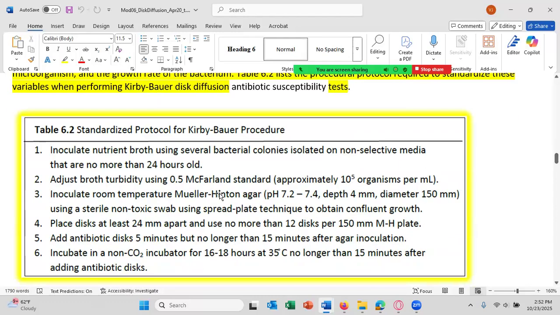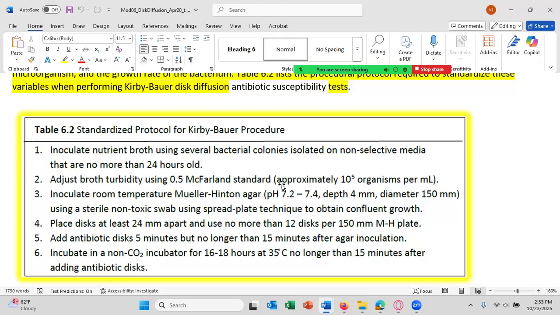So one, you inoculate the nutrient broth using several bacterial colonies isolated on a non-selective media, and the nutrient broth is not grown for more than 24 hours old, meaning the cells are really freshly grown. And then you adjust the broth turbidity to 0.5 McFarland units. That is approximately 1 times 10 to the 5th cells per mL, or 1 times 10 to the 5th bacteria